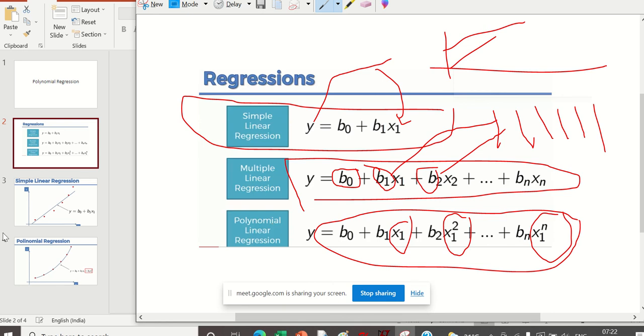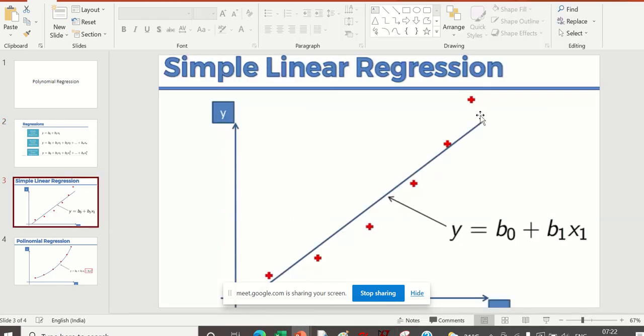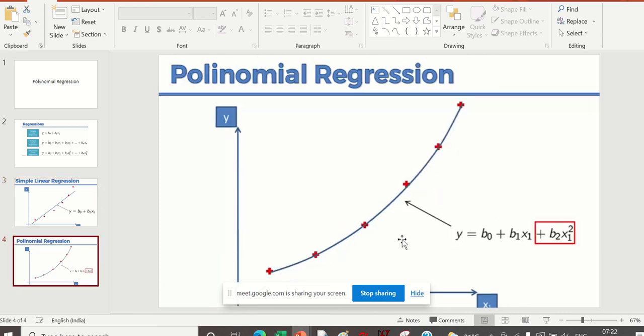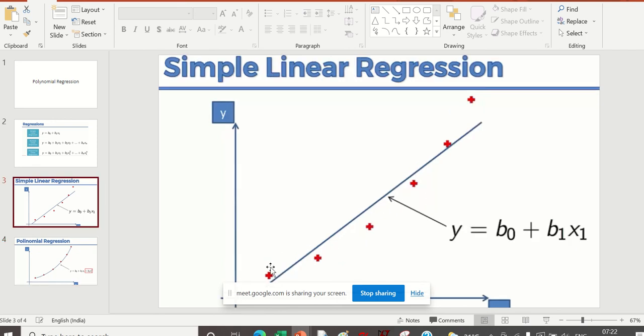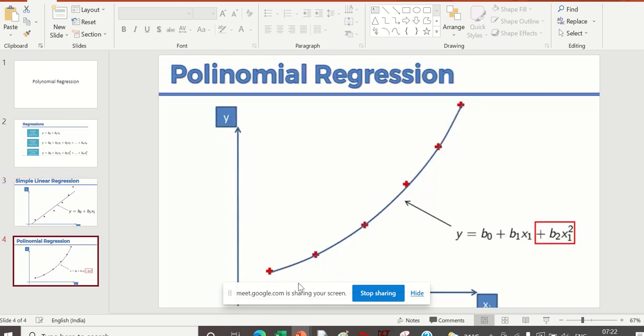For example, this is a simple linear regression, but if you had applied polynomial linear regression to the same data, it would have plotted the points in this way, and it would have predicted this data in a nice, beautiful way.